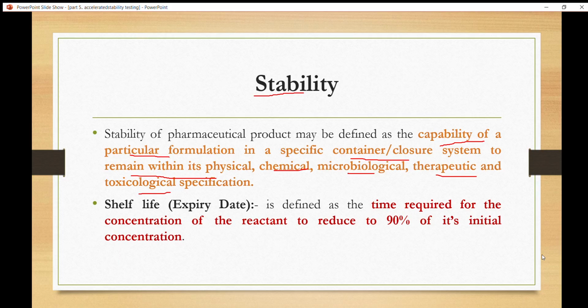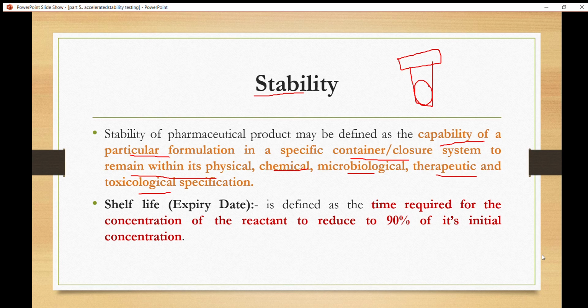Suppose this is the container and this is the closure. So this is the container closure system, and in this system this formulation is present. So the ability of this formulation to maintain its physical, chemical, microbiological properties is known as stability of that particular